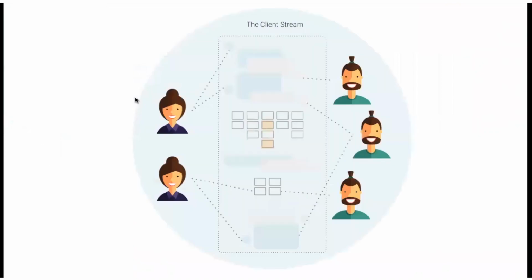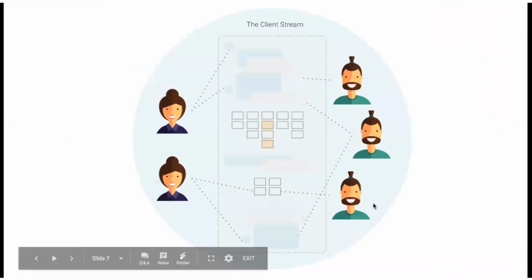So a lot of what we'll be looking at today is the integration with G Suite and Office 365, but we're mainly looking at it through the perspective of what we call a client stream, or these could also be ticket streams, retainer streams, project streams, and how different people on the client side and different team members on your side